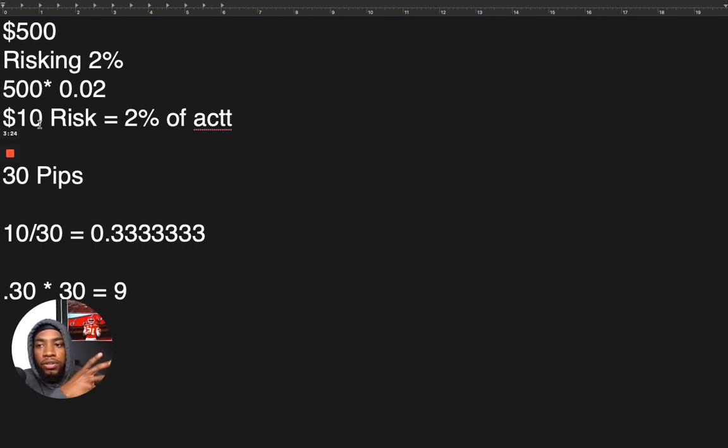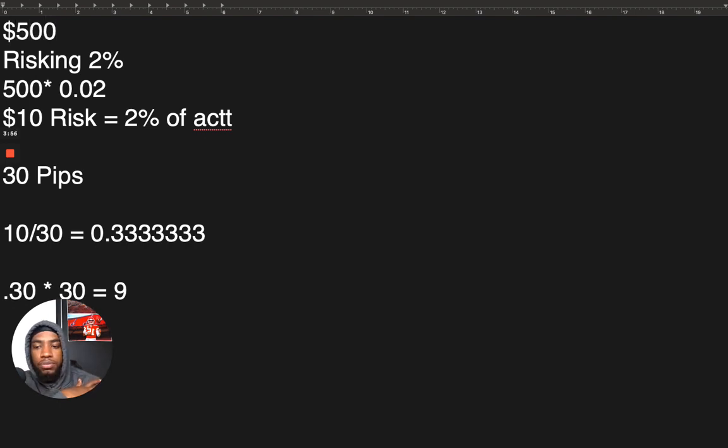Once you have that dollar amount calculated from that equation, whatever that equals is going to give you your dollar amount risk. From that, now you need to calculate your lot size, which just takes you having to know what your pip amount is on your stop loss. So if you're risking 10, 20, 30 pips or whatever that is, you're just dividing those two numbers. So you're taking your dollar amount divided by whatever amount of pips you're going to be trading, right? So let's just say if you had, like,